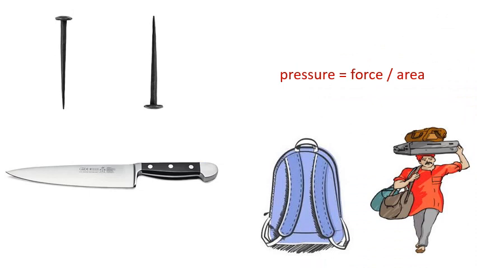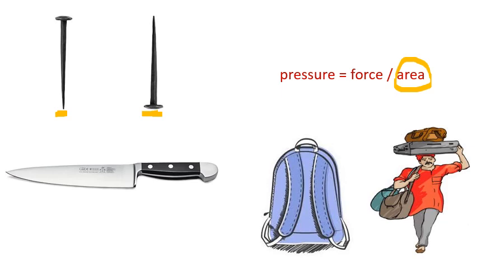You learned that pressure is equal to force by area. Here area is in the denominator. So whenever you increase the area, pressure decreases and vice versa. According to our requirement, we can either increase or decrease the pressure by changing the area. Here we need to increase the pressure. For that we have to decrease the area. In the first case, the iron nail is pushed by its pointed end. Here you can see the area of the pointed end is very small so that easily it can go inside the wooden plank. Here you can see this area of the iron nail is more so that it is very tough to push this iron nail.